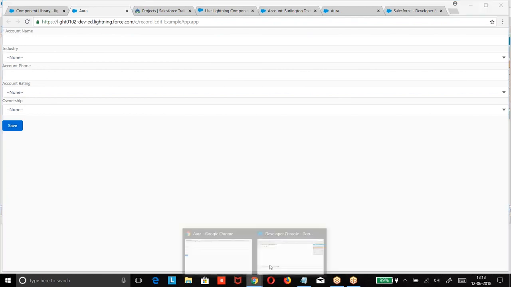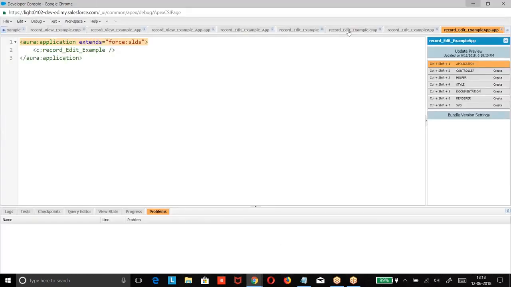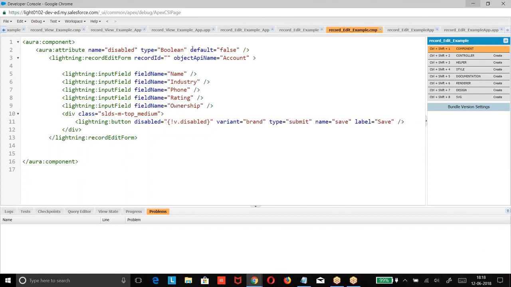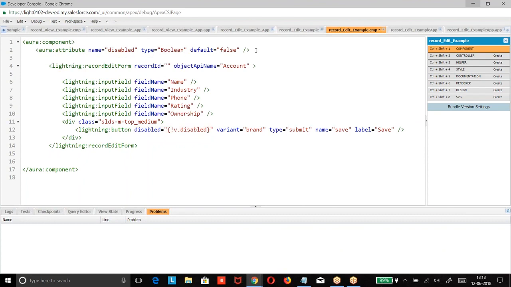Now, from your yesterday's example, from here we need to extend. So what do we need to do here? Record data. We need to take a record data input field, b dot new record dot name, b dot new record dot industry. Whatever the new record is referring to, we have taken yesterday's example.